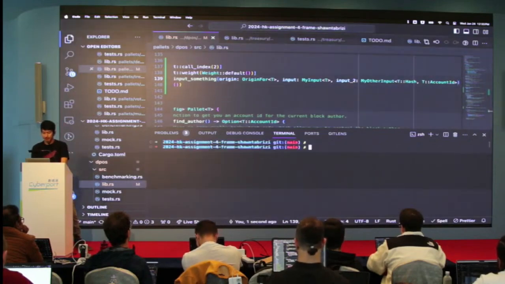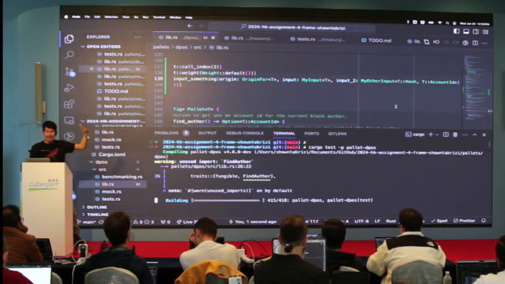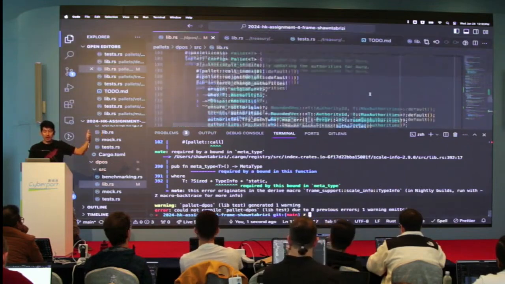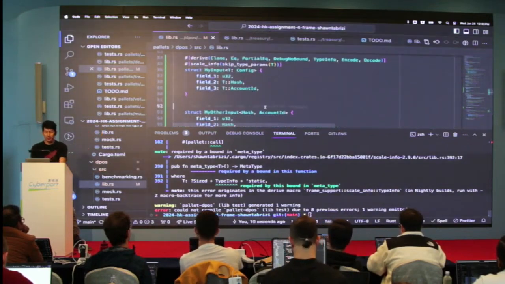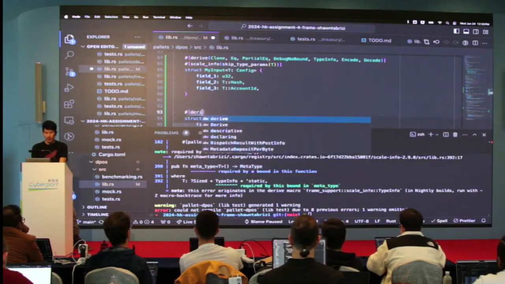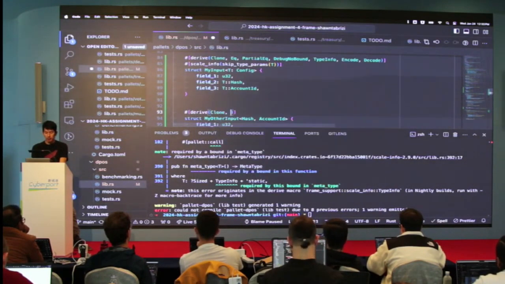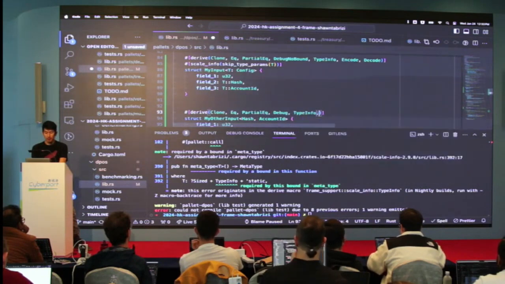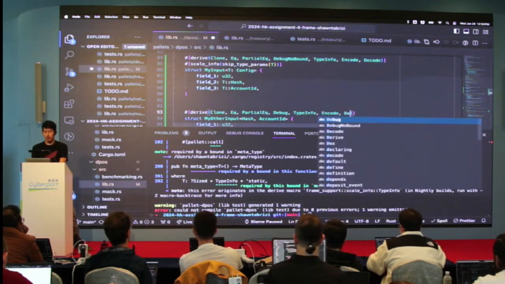Okay? But I'm still going to get errors because this object does not implement the things I want. But I'm going to be able to solve those errors more quickly without the hacks. So I'm going to be able to put on here derive Clone, Eq, PartialEq, Debug, I don't care about the bound, TypeInfo, Encode, Decode.